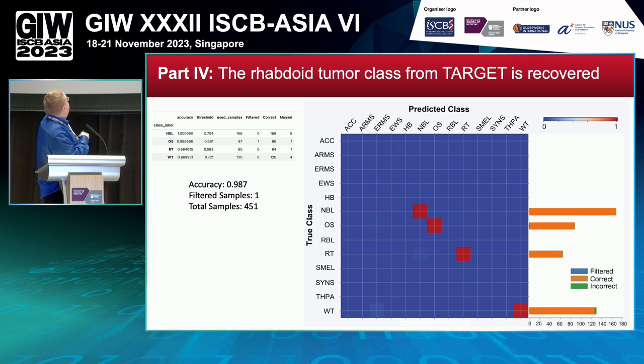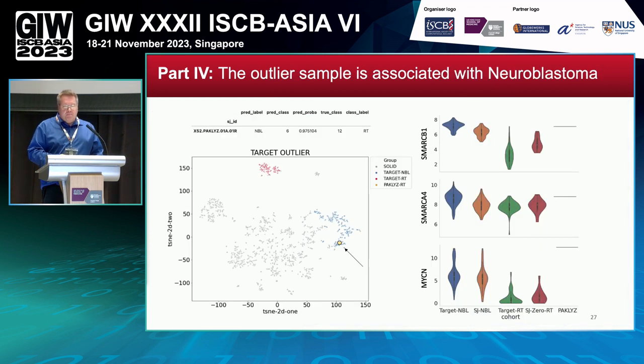we can see that for target, we had 65 samples. We predicted 64 of them to be correct, and we missed 1. The 1 sample that we missed is right here, where the true class was rhabdoid tumor, and we predicted it to be neuroblastoma. And we thought, that's interesting. What's going on here? So if we looked at our prediction probability, we see that the prediction probability was very